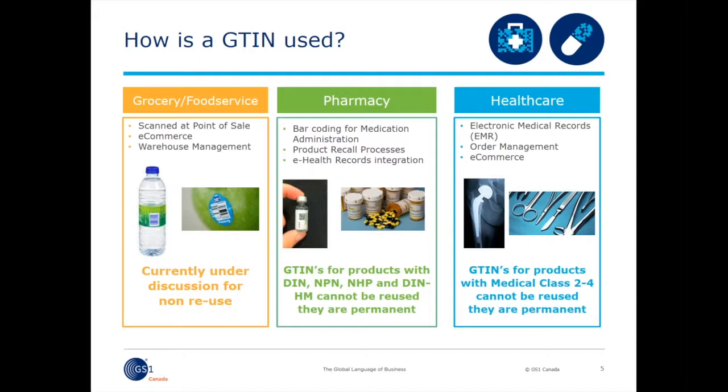The second way the GTIN was leveraged was for tracking and traceability. The uniqueness allowed for an ease of identification which could track who was given what, coupled with a lot batch or serialized information. The level of accuracy and security is astounding. Lastly, the GTIN could be recorded in patient records, but to ensure that the reuse of a GTIN after a product was discontinued did not corrupt patient records, the need for a permanent GTIN arose, one that would ensure integrity of patient files, track and trace initiatives, and general patient safety.